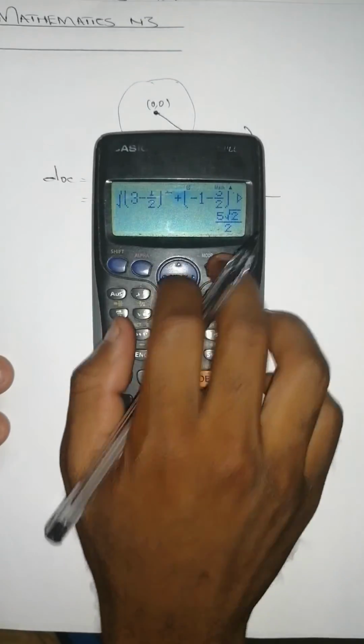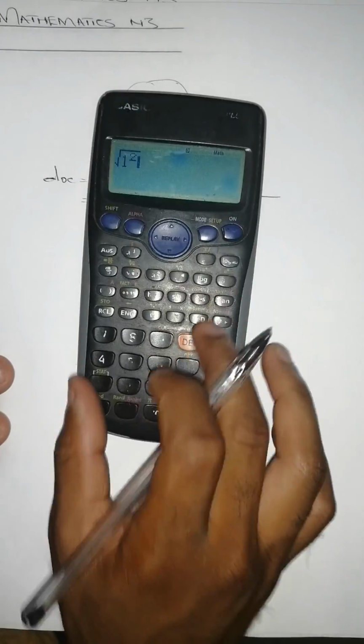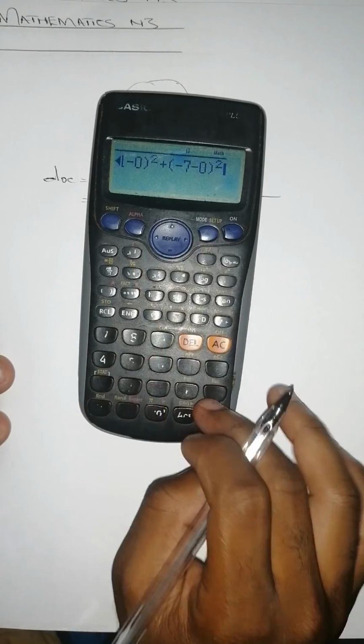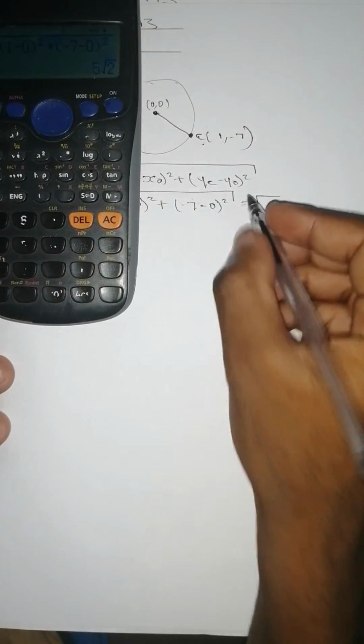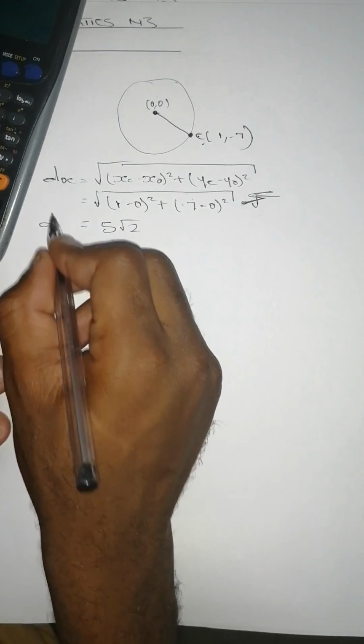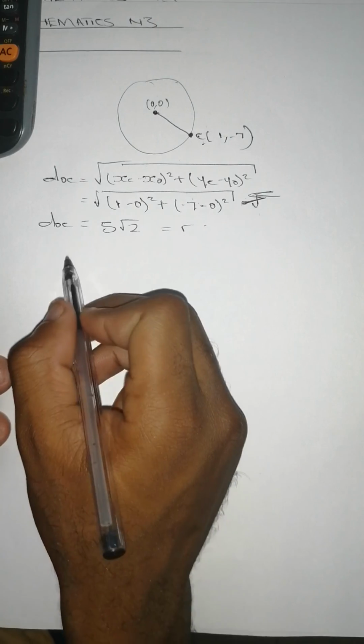We get 5 square root 2, that's DOC, which is equal to R, and the general formula of a circle